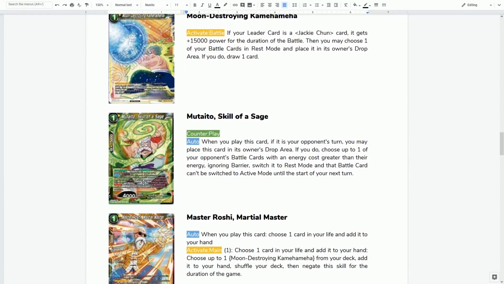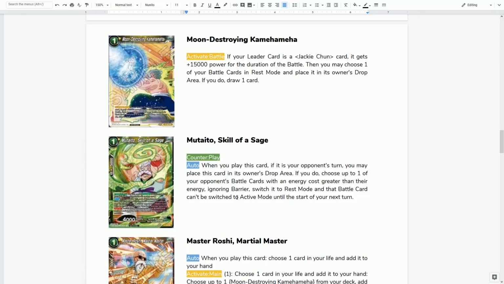Yellow is Jackie Chun. For some reason, I'm not liking Jackie Chun, but let's take a look. Maybe this is one of the reasons why I'm gonna play it. Let's see. Moon Destroying Kamehameha. Activate Battle. So this is a 1 cost activate battle. What are you gonna get? If your leader is a Jackie Chun, it gets 15k for the duration of the turn. Good. I love this type of cards that really push the leader, because